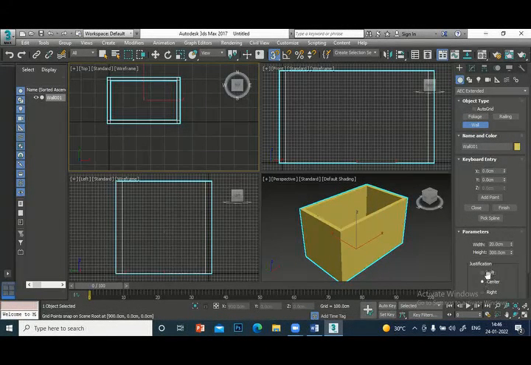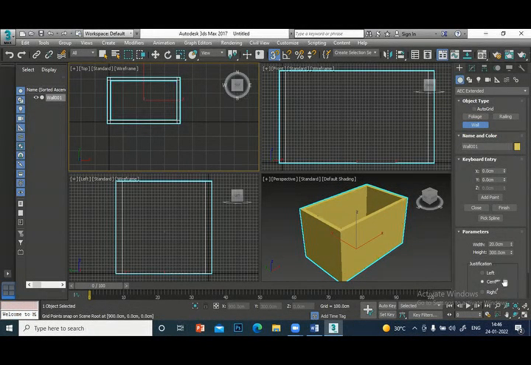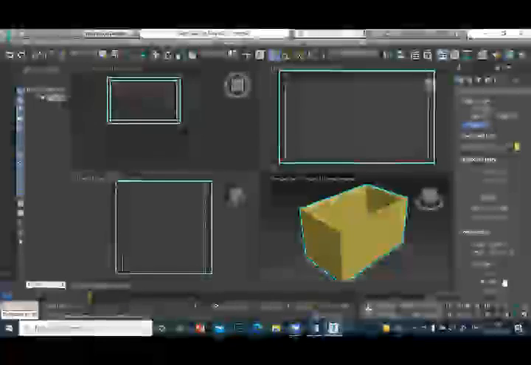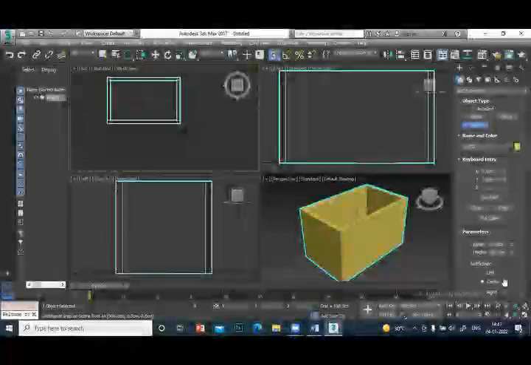I drew this using the center. So whatever measurement I gave, it has taken as center to center distance. Usually your inner measurement will be rounded. For example, the room inside will be 5 meter by 3 meter, but when you take the center line, it will be 5.2. 5 meter inside, 10 centimeters this side, 10 centimeters this side.